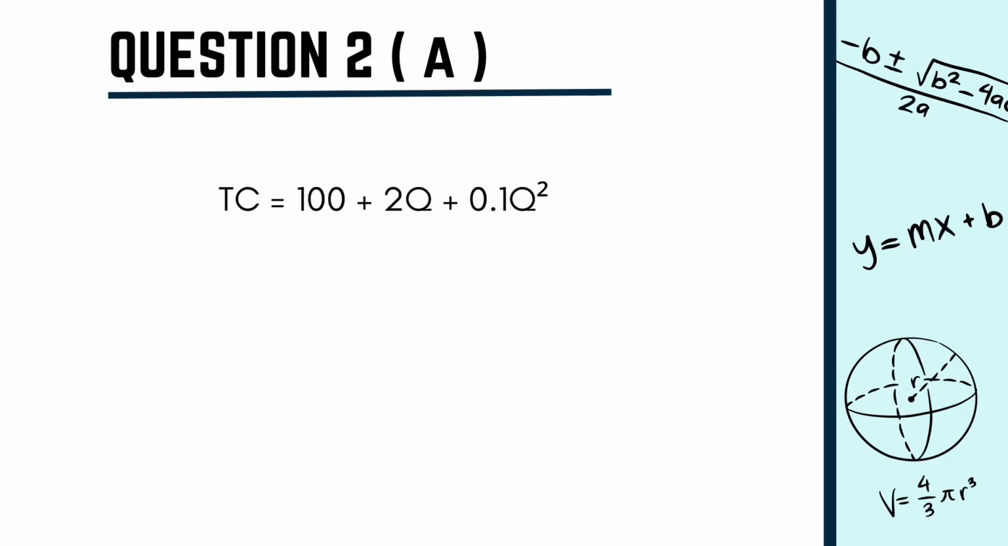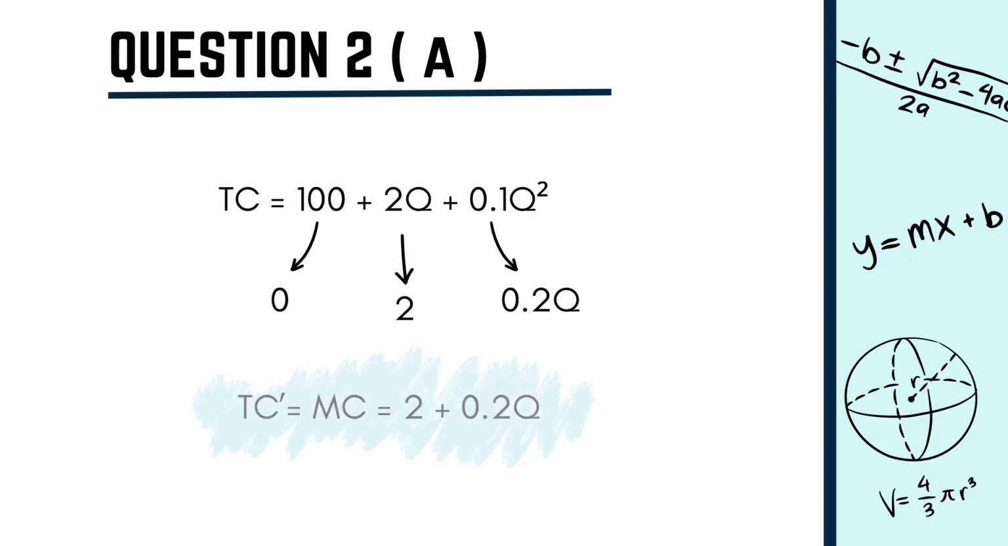Let's break down the derivative of our equation. Derivative of the constant 100 is 0. Derivative of 2Q is simply 2. And for the 0.1Q squared, we apply the power rule, multiplying the exponent by the coefficient, which gives us 0.2Q. When we put it all together, we find the marginal cost for the company is MC equals 2 plus